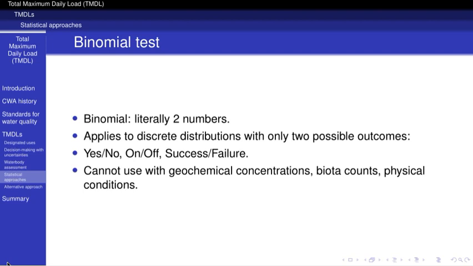Chemical concentrations are continuous, not discrete variables. Neither a concentration nor a set of concentrations can be characterized into yes-no, success-failure, or true-false dichotomies. The statistical binomial test is an exact test of the statistical significance of deviation from a theoretical expected distribution of observations into two categories. DEQ is looking for deviations from a binomial distribution for continuous concentration values using a test designed for discrete values or counts.